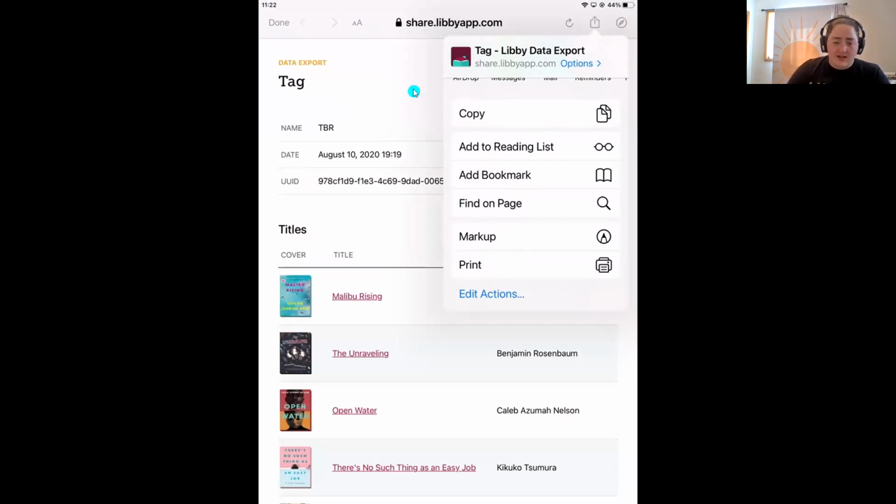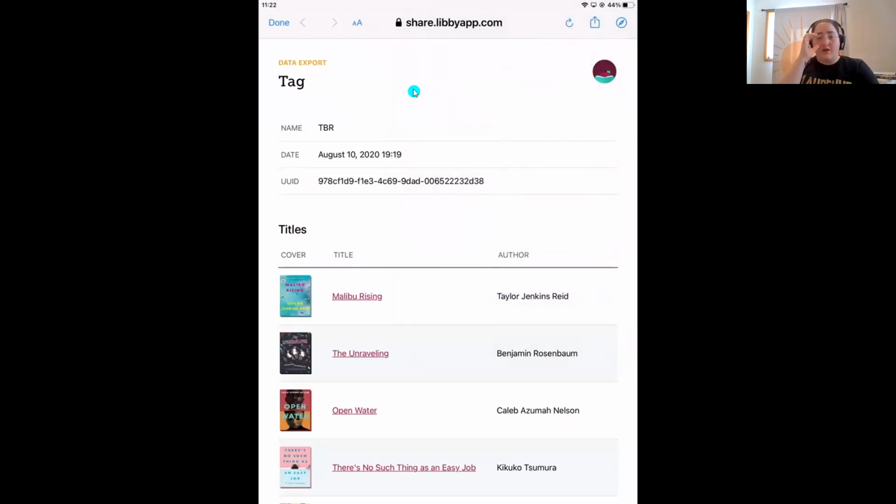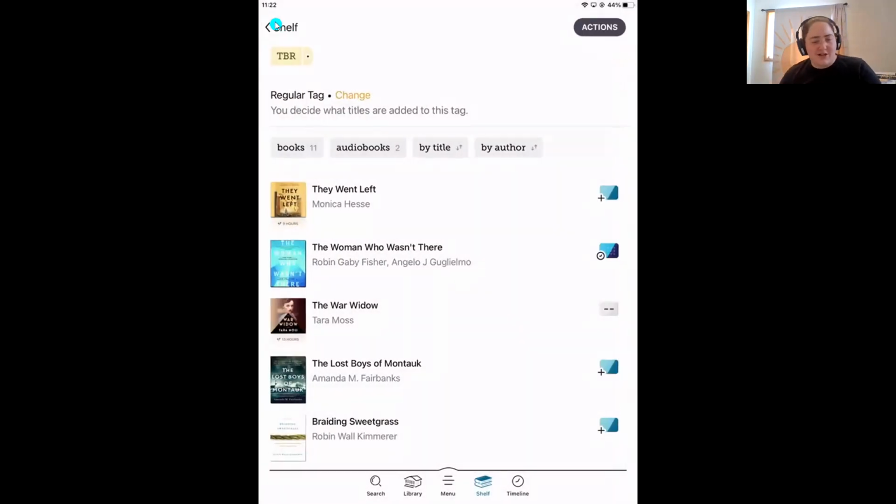I shamelessly share all of my tags with my sister so that I force her to read all of the books that I read so that I have someone to talk about them with. So